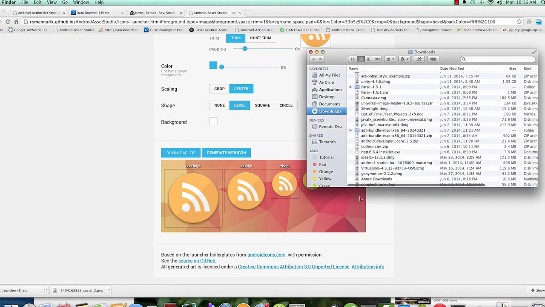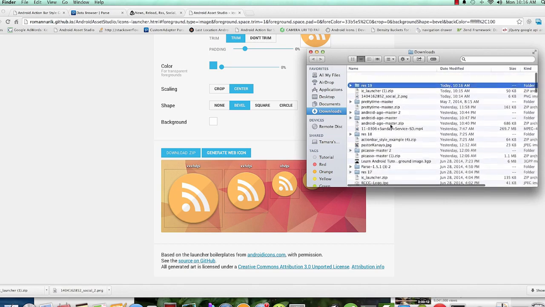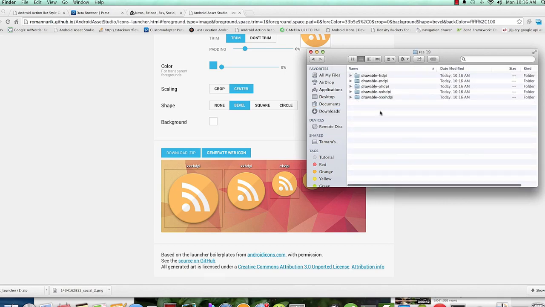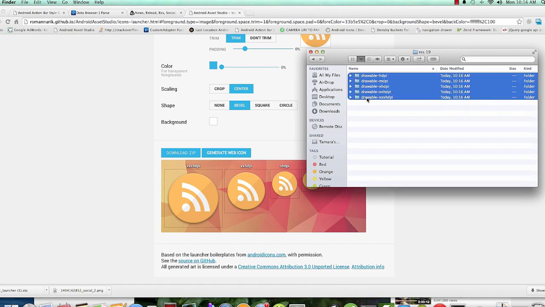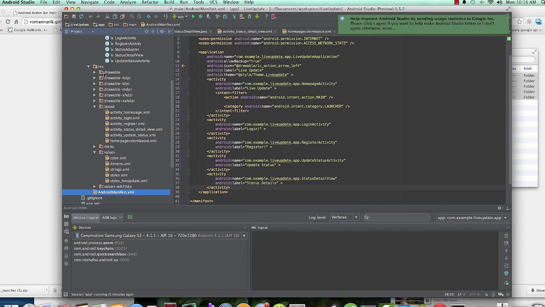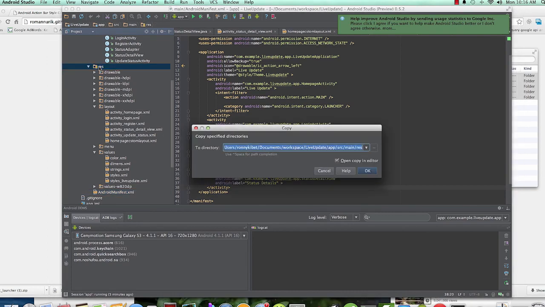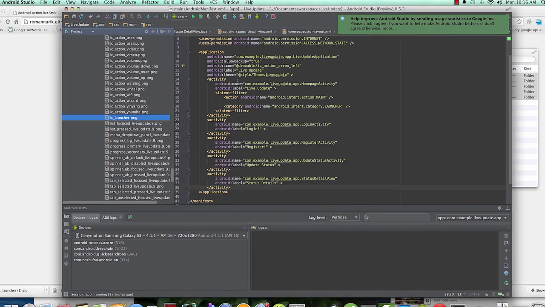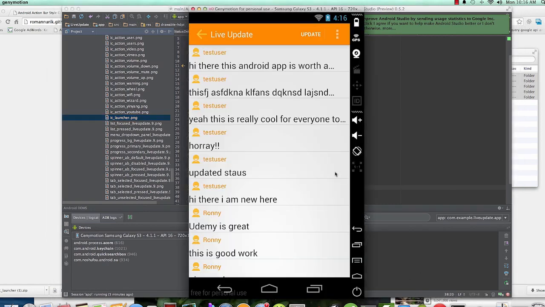When you open it, you'll have a res folder, and in this res folder it has the IC Launcher icon. So that's our launcher. We're going to copy all these files and paste them into our res resources folder. And okay, our IC launcher should now be different. So if I run it,